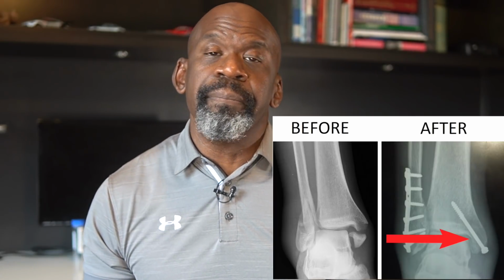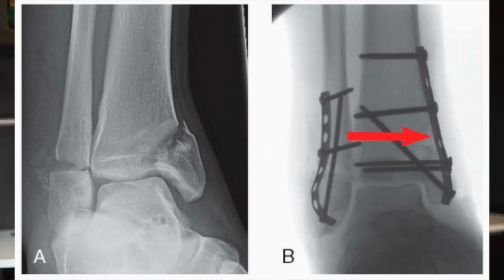This is done through a lateral incision directly over the fibula. Through a separate incision on the medial or inside part of the ankle, the medial tibia fracture is fixed. Fixation usually only requires screws. However, if the medial fragment is particularly large or particularly unstable, a plate may be used on this side as well. In the case of a trimalleolar fracture, if it is present, the need for fixation of the posterior fragment